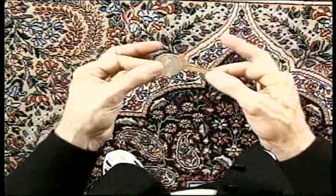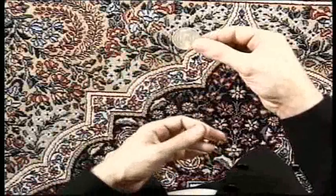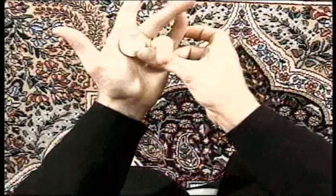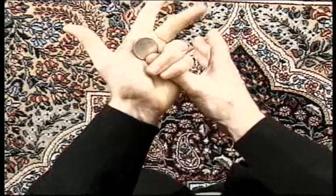As it turns out, the key is cleverly hidden, partly behind the coin and partly behind the thumb. As you close your fingers around the coin, it sure looks as if nothing but the coin is there. Now notice that I don't say, "See, the coin is still there," as that subtly telegraphs that the coin might disappear, while giving a slight challenge to the situation. It might be good to call a different kind of attention to it by saying, "Even though it looks normal,"